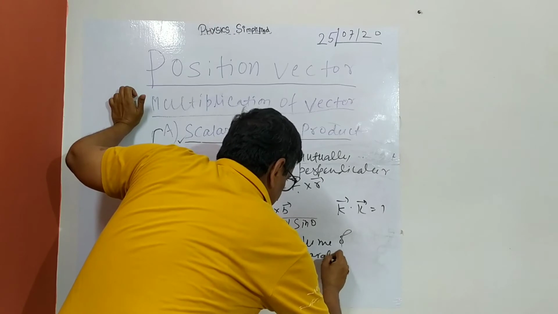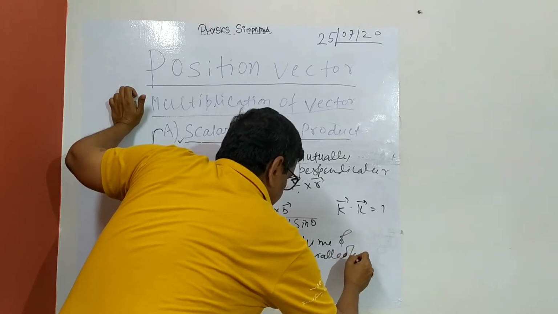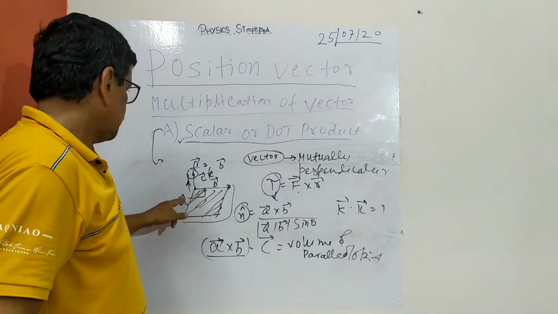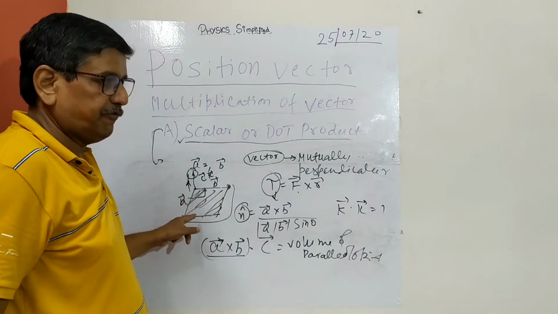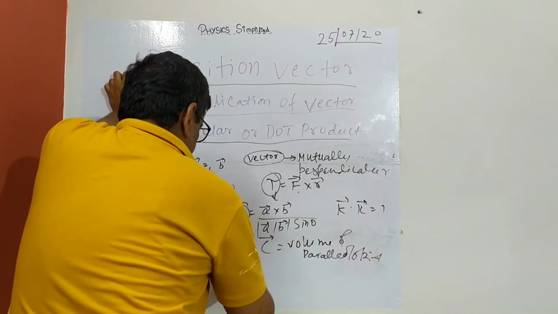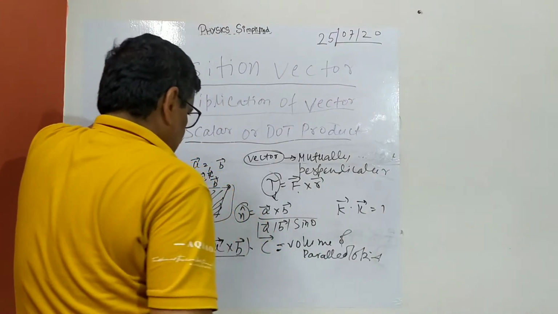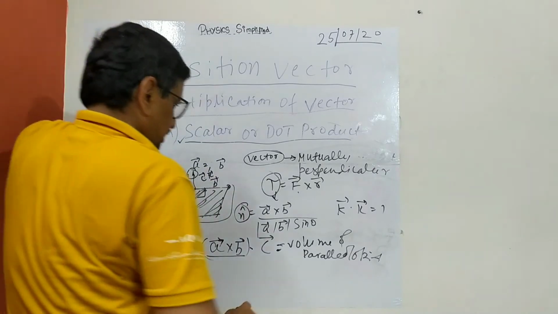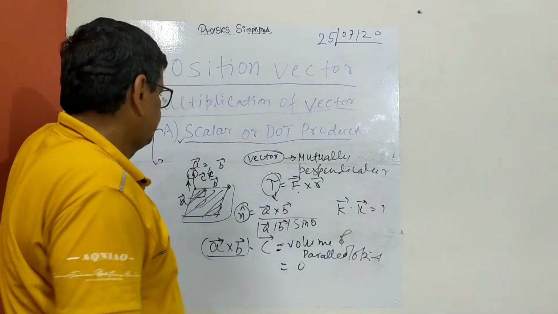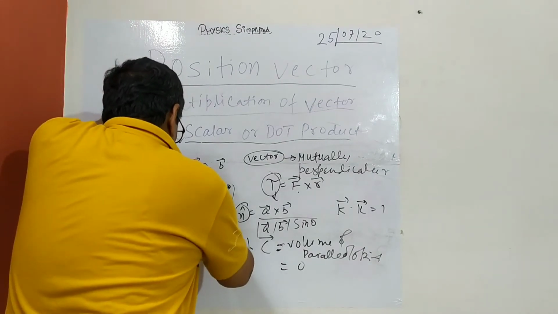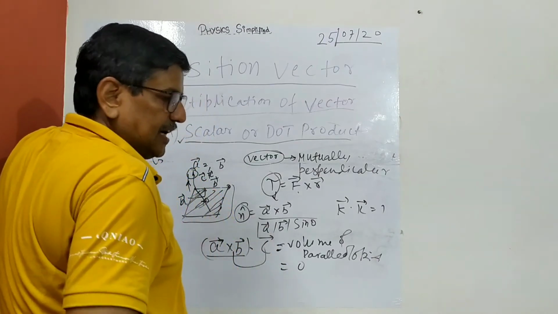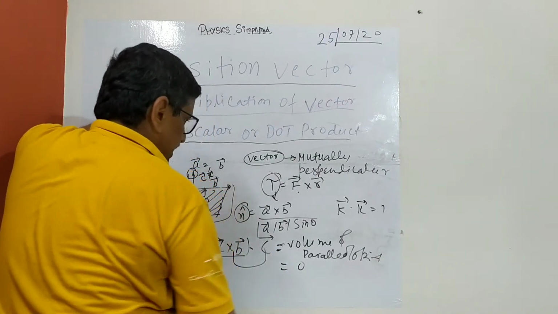So from this parallelepiped, if A and B are there, you can get the area of the parallelogram formed from this cross product also. And now, if we have to prove, suppose this becomes 0, what will happen? That means this cross product is lying in this plane and this angle is 90 degrees. That means these three vectors are coplanar.